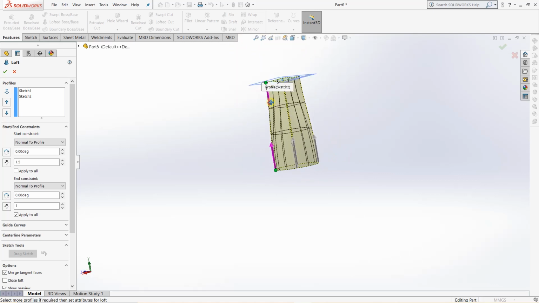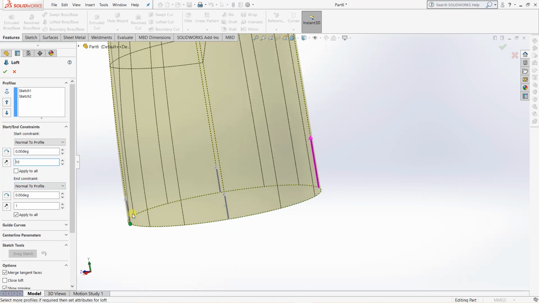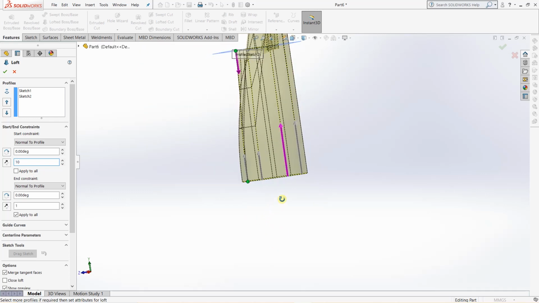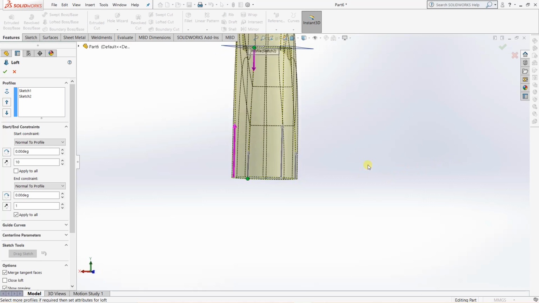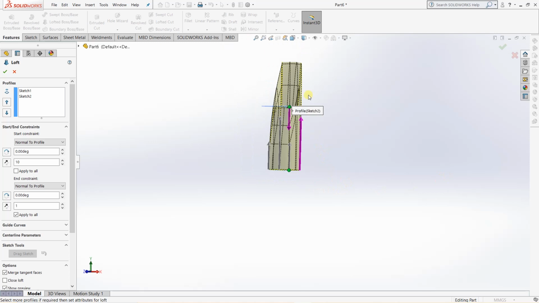So now you can increase or decrease this by clicking on the arrow and increasing on one side or decreasing on the other side. You can create a variable shape. So we can see it has created a variable loft shape here.